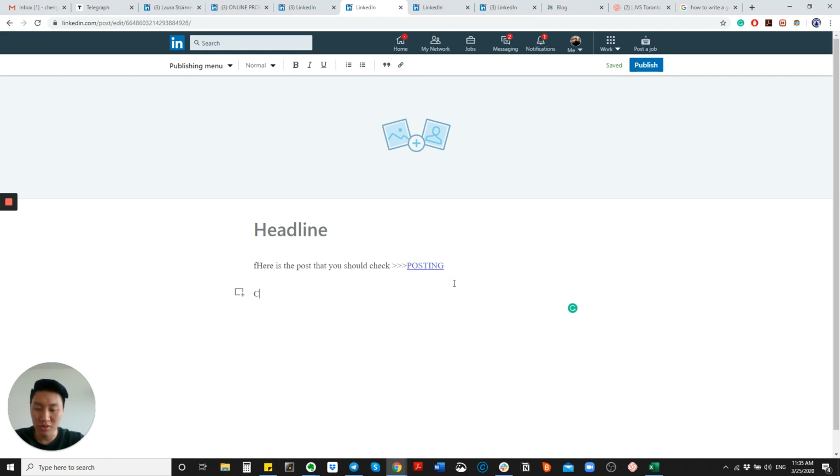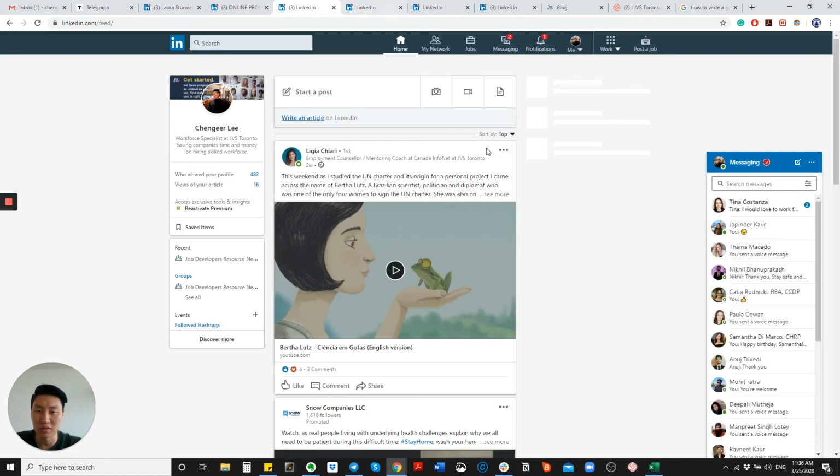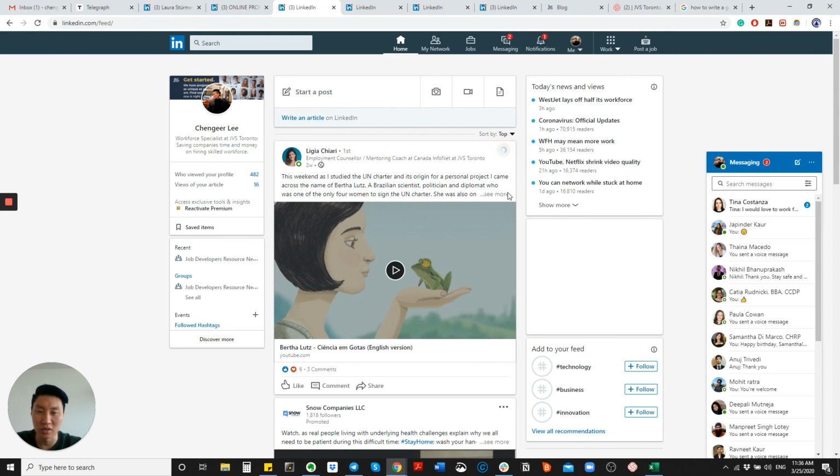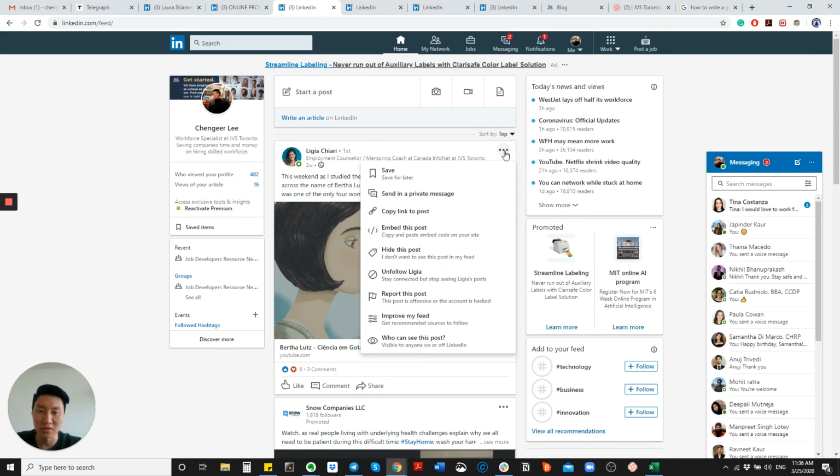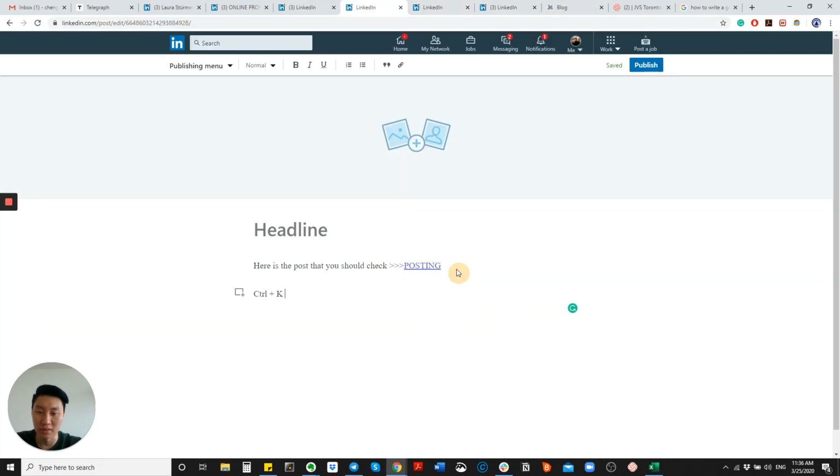The same shortcut, the same hotkey, works in Outlook. If you want to send a link in an email, a hyperlink, you don't want to put all this long link. So, for example, here, if I want to share a post, I copy the link to the post, and it just looks ugly.